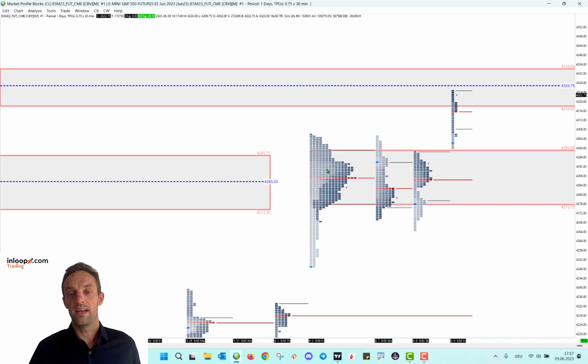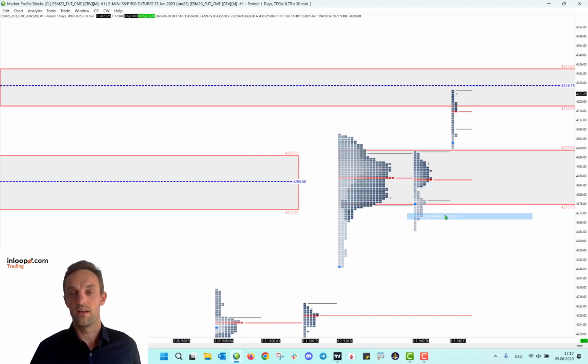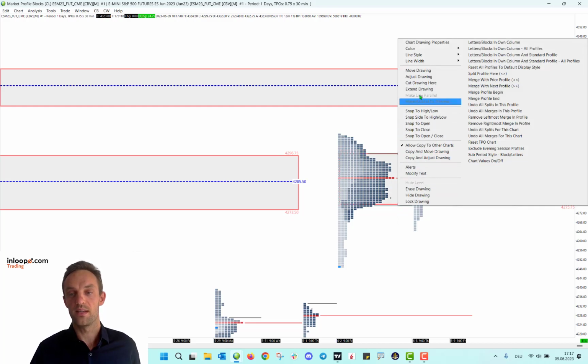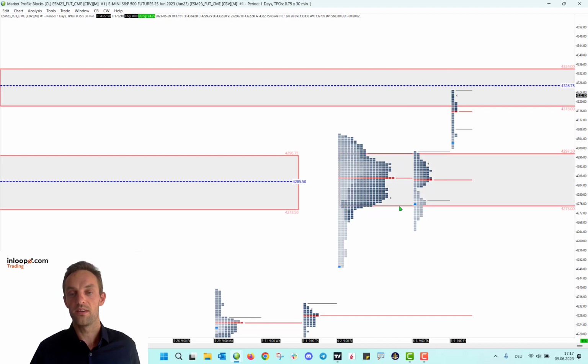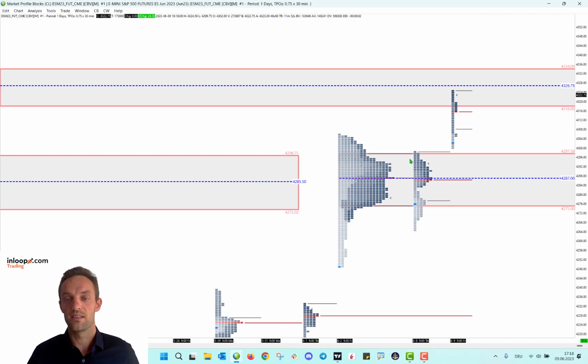So for the next day, again, we have to merge the composites, adjust the support and resistance lines, and we can also draw a point of control. This is a very good way, because this point of control from the past is also relevant for the upcoming day. So here again, you can see the same procedure. Market opened here at the bottom, then tried to fail below, went all the way up, tested, and closed here in the upper third of this value area.